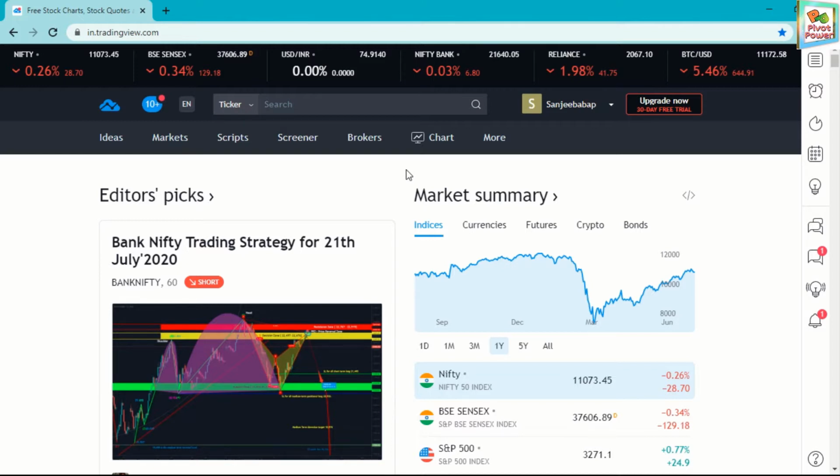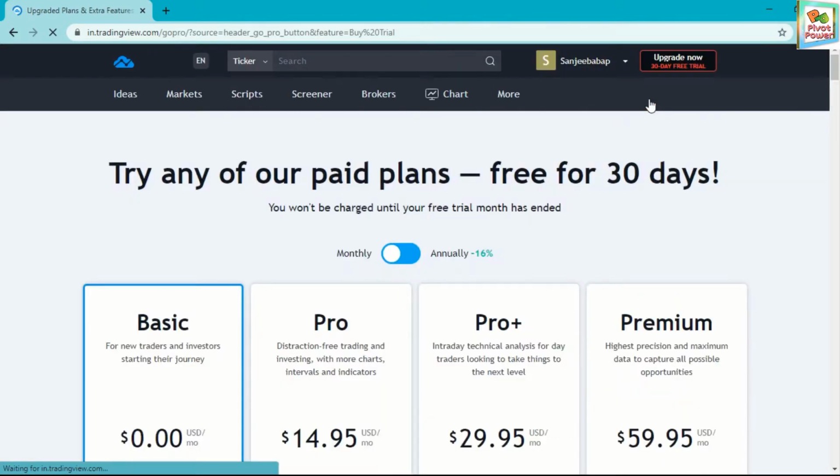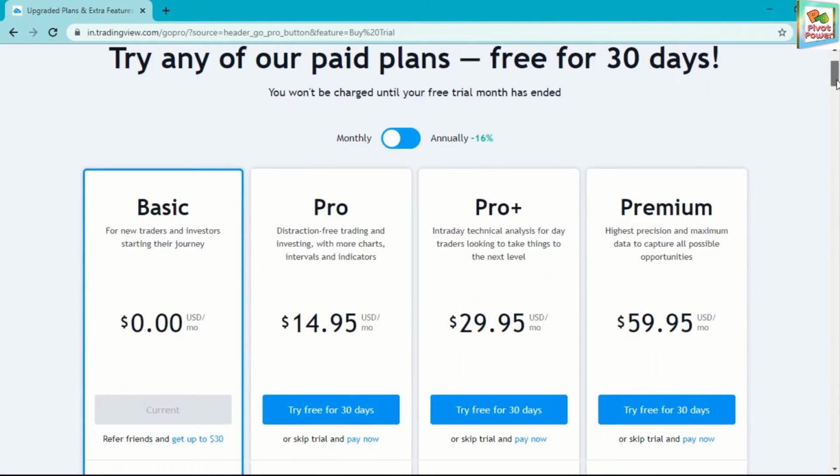TradingView is free charting software for the basic version. For Pro Plus or Premium, it is chargeable.